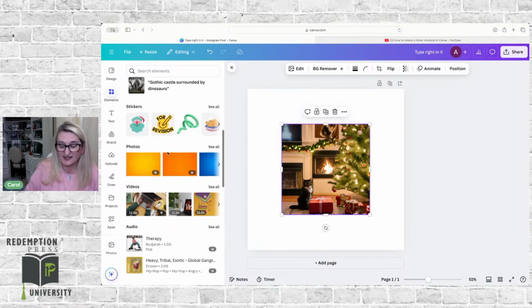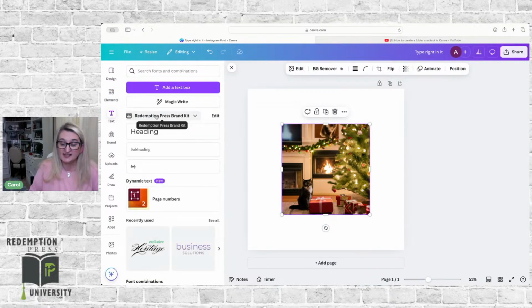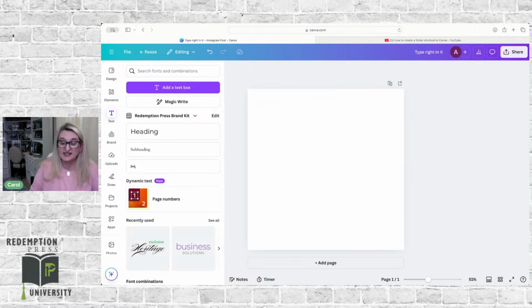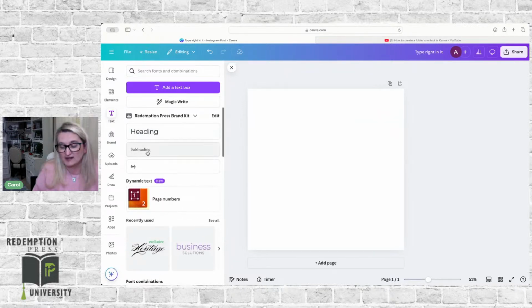So elements is a place for you to generate all of your different images that you need for your graphic. Then we have text. Text is where you can obviously add text to your image. So if you wanted to add some text, you can just go in, and there are going to be these boxes